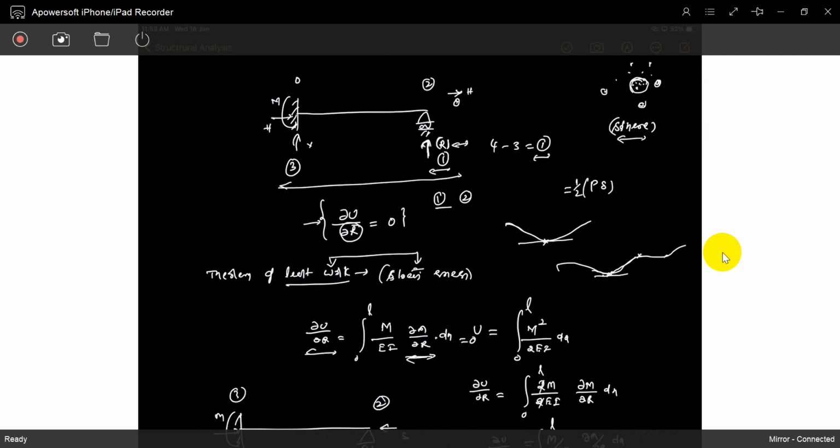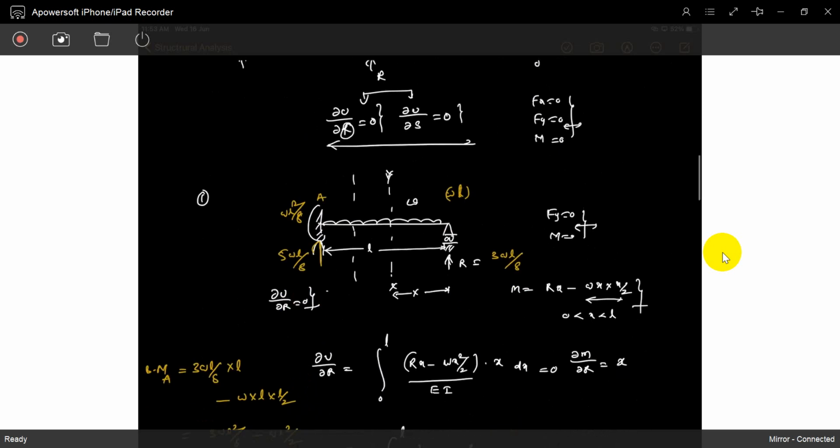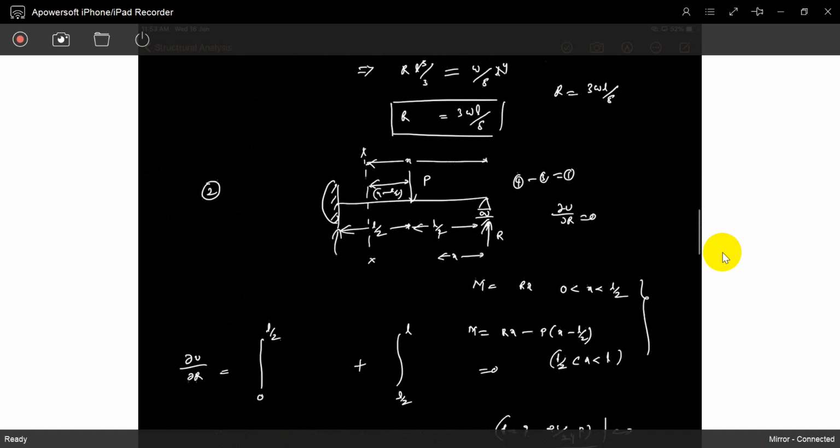We can find out the redundant members. We can find out the redundant force. So not only stick with one. You can easily calculate one, three. But going on, too many hectic equations will come. So I will show you in just one redundant force. How can we find out the one redundant force? Okay, so we solved it, and I will give one assignment to you.